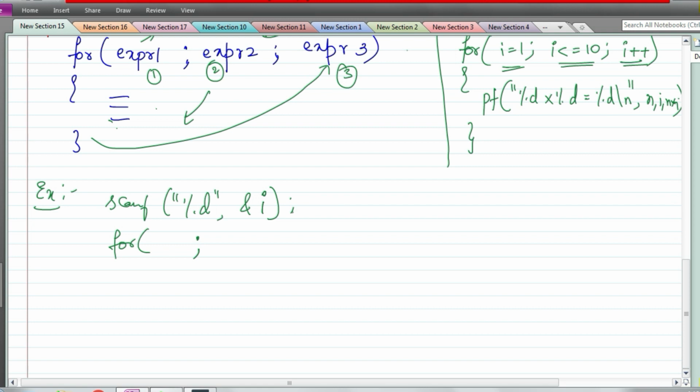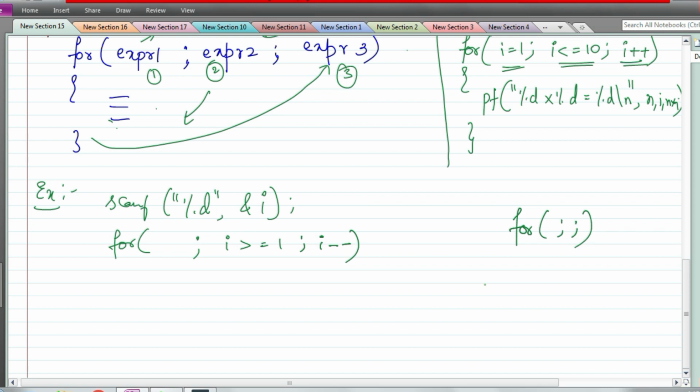And after initialization is done, now we have to put the condition. So as long as I is greater than equal to 1, I minus minus. So here, if you observe, there is no expression for initialization, but it is okay. This will work because all you have to do is you need to make sure it has this.